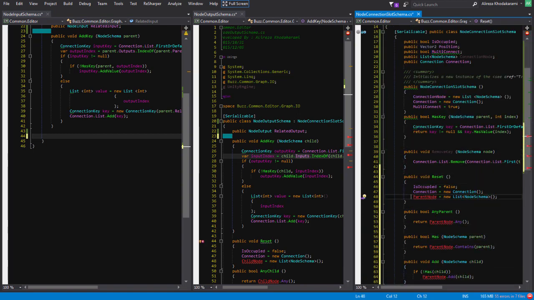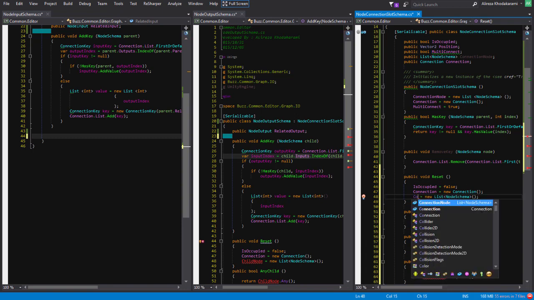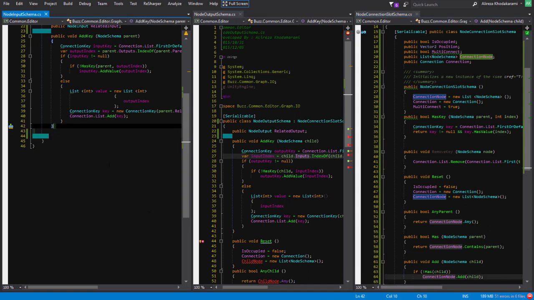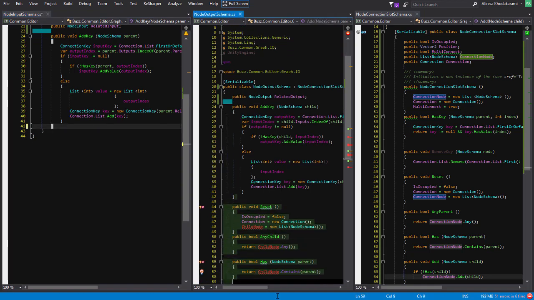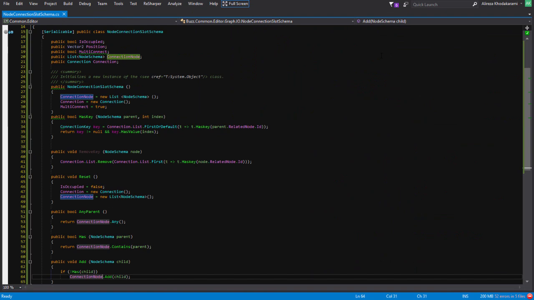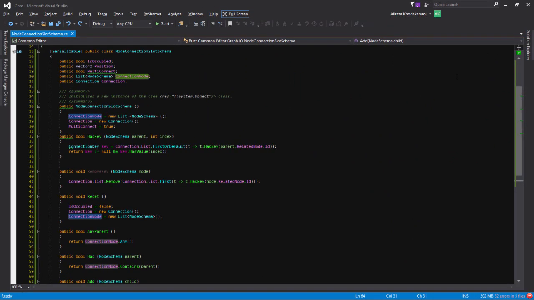So reset says that connection node, connection node, connection node, and connection node. Okay. And finally reset blah blah blah. Yeah, that. Now I have more errors here, but before jumping there, I noticed something that I didn't fix in